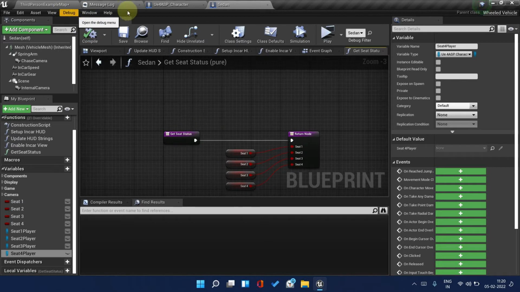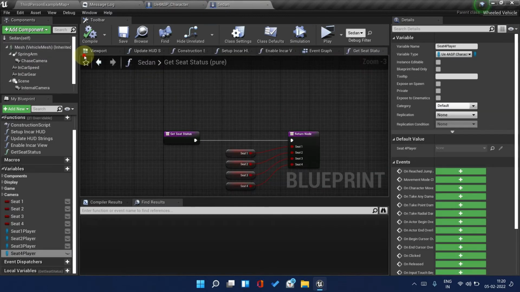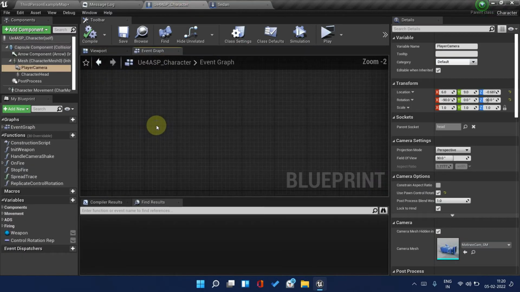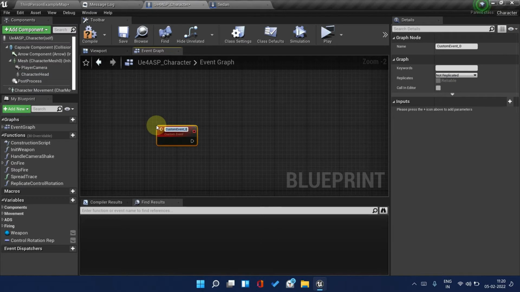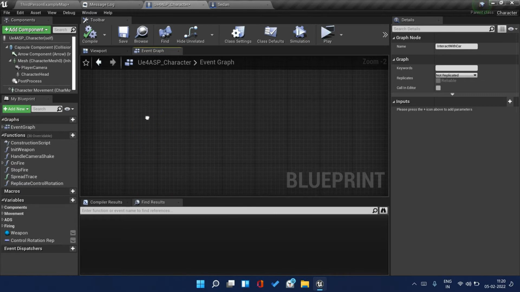So now what we do is go back to UE ASP character and create a new logic which will be a line trace. We will check if when we press F, if we hit the vehicle, we will get into it, and if we don't, then we won't, right? So just create a new custom event and make it interact with car. So now we need to get a reference of the thing which we hit. So for that we will use line trace, right? So just create a F key node